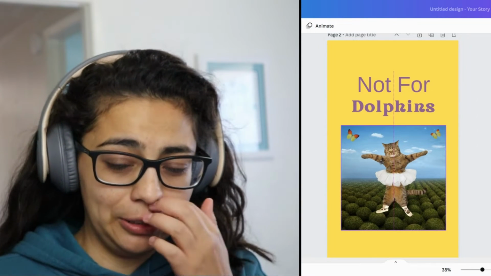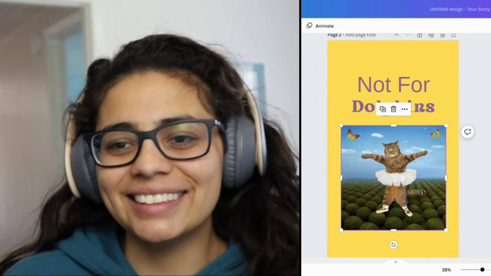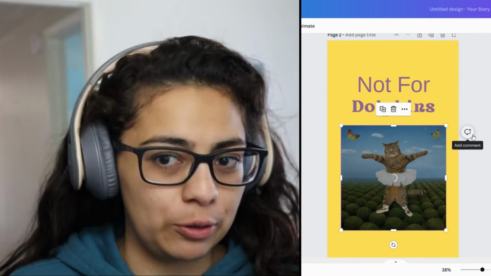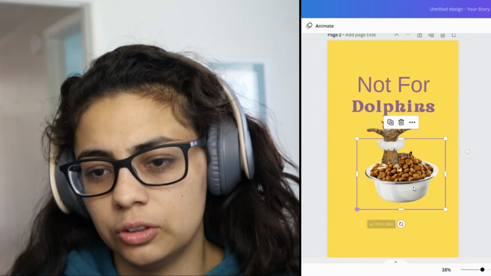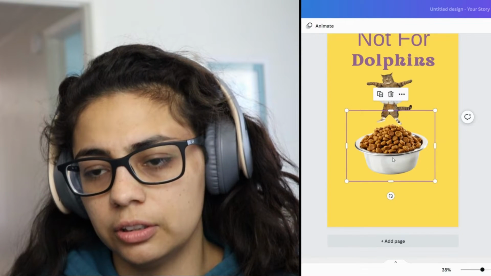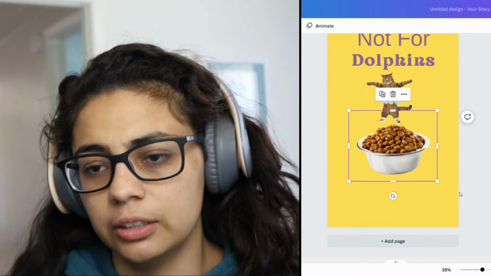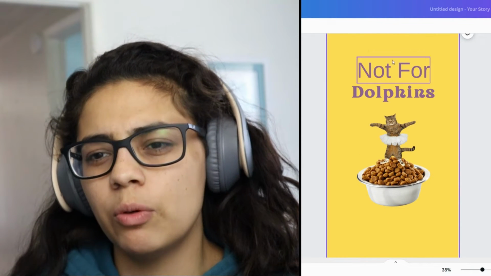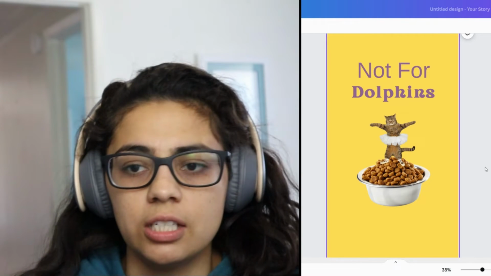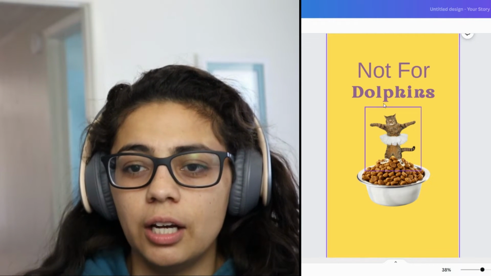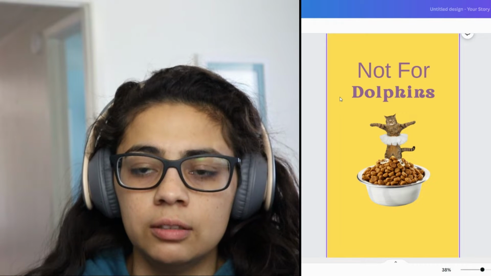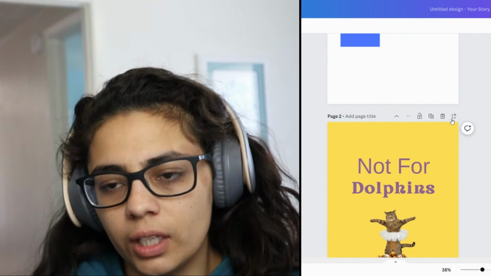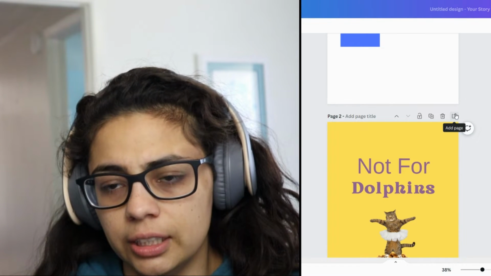I do the same thing here with this 2000s Photoshop image of a cat, so we just go ahead and do the background remover on this one as well. This one we're gonna make just a smidge smaller, again leaving that space down at the bottom. And we want this cat to land on here. And then we want to make sure to leave enough space between the text and this guy here, because we don't want it to feel crowded. Alright, so we do that, and now,